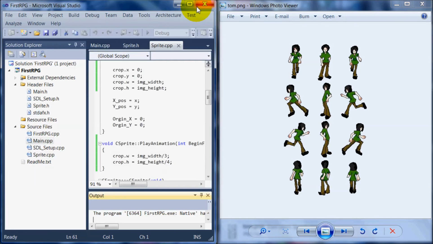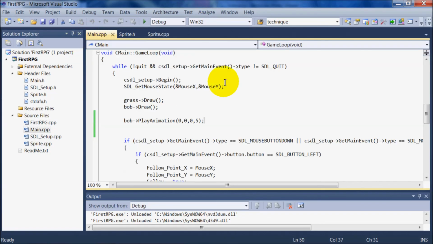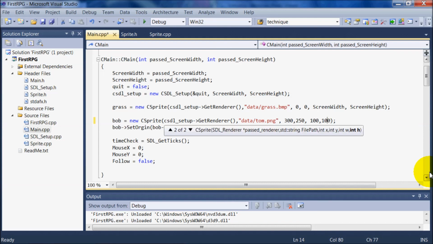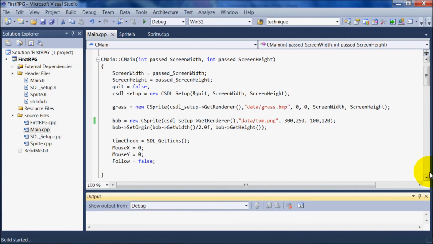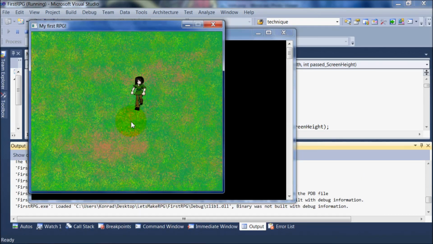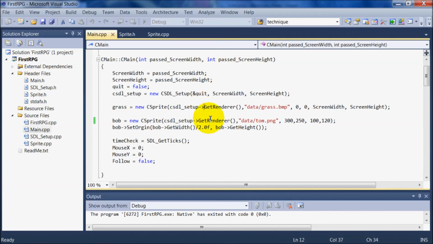We can fix the squish simply by changing our previous values when we define it here. It's 250 by, no, it's 100 by 100. No, can't remember. So it's width and height. Now we can make height 120. There you go, that's better. So now if we want to choose the second image,